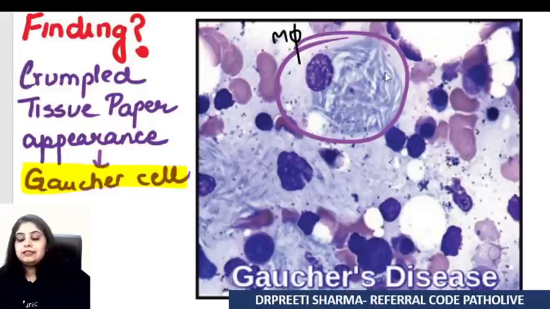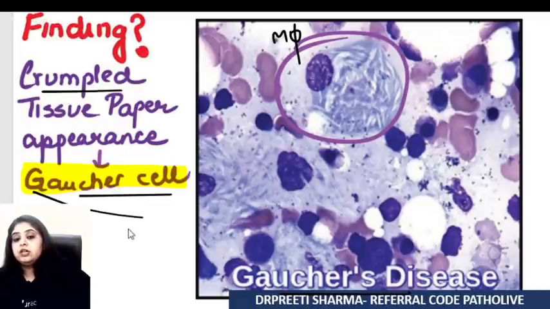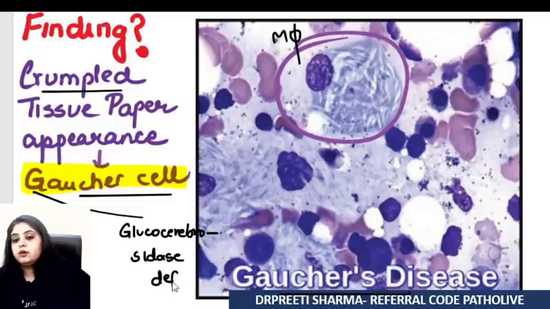Can you see these white lines inside it, as if you've wrinkled a paper, crushed a paper or a tissue paper, you've just crumpled it. All those wrinkled lines that come, that's exactly how you identify this cell. So crumpled tissue paper appearance is seen in Gaucher's disease or Gaucher's cell, and I hope everyone remembers that Gaucher's is G for G, glucocerebrosidase deficiency. Well, having said that, this is one of the all-time favorite filler questions. Whenever they're falling short of a question, I think this is something that definitely comes up.